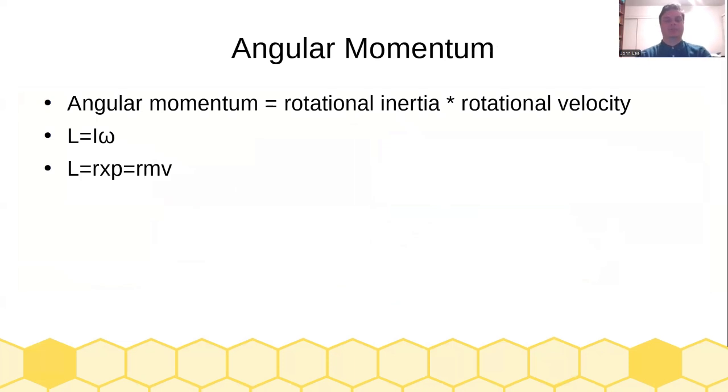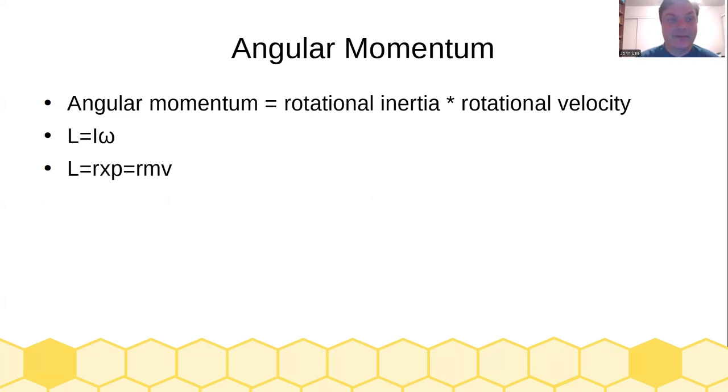Having talked about torque, the equivalent of force which causes there to be an angular acceleration rather than a linear acceleration, we're going to talk about a conserved quantity, which is angular momentum, which is rotational inertia times rotational velocity. L, which is the symbol for angular momentum, is equal to I, the symbol for rotational inertia, times omega, the symbol for rotational velocity. It is also equal to R times P in the same way that torque is equal